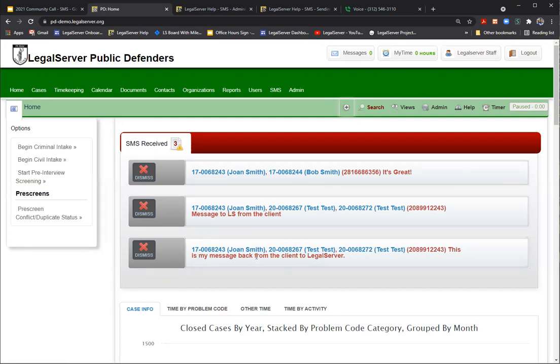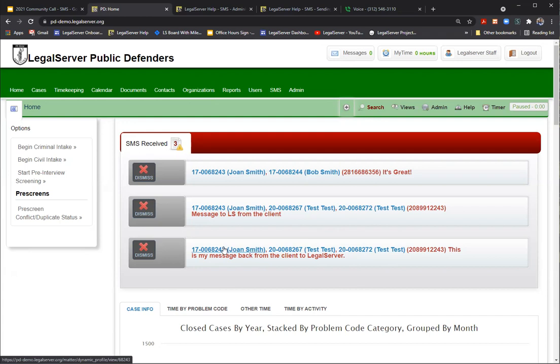Now I highlighted that if that phone number has been used to send or receive messages, LegalServer has no way to know for sure what case it should go to. The unfortunate thing about text messaging or SMS is it's older technology and there's no threading like email. So LegalServer only knows the unique identifier is the phone number that message is coming from. So LegalServer is automatically going to put it on all of the cases that that phone number has been used for SMS messaging. So right now, this message is on the Jones Smith case we've been playing with, but it's also on these 2 other test cases. This is the case we were working on, so I'm going to click back there